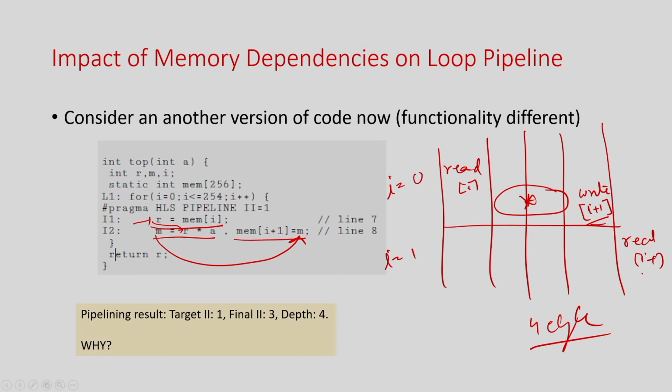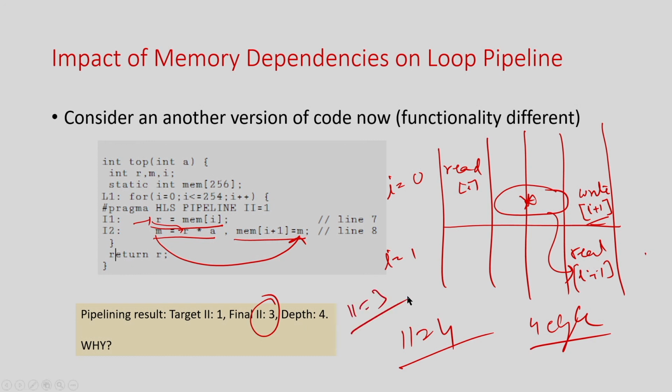So in general this loop cannot be pipelined, which basically means iterative execution. There is no pipelining at all. But by data forwarding, I can read this value from here as well, because I can just forward the data to this place. With this I can achieve II equal to 3 for this example, but you can understand that because of this loop-carried dependency, the performance of loop pipelining is severely impacted.